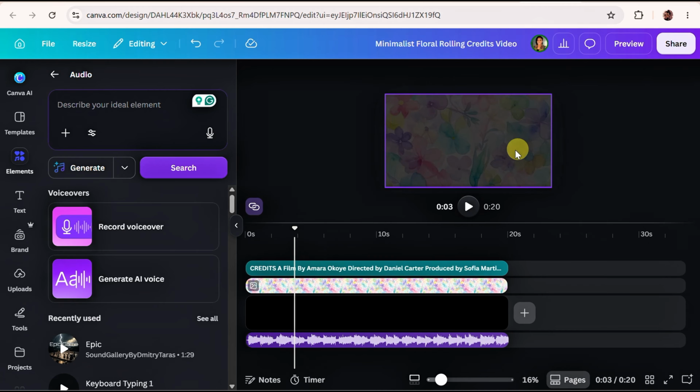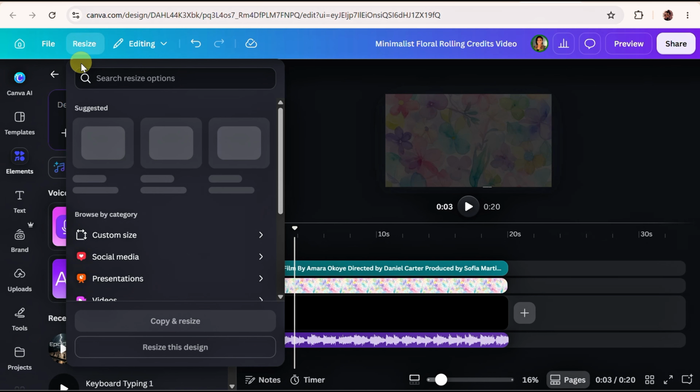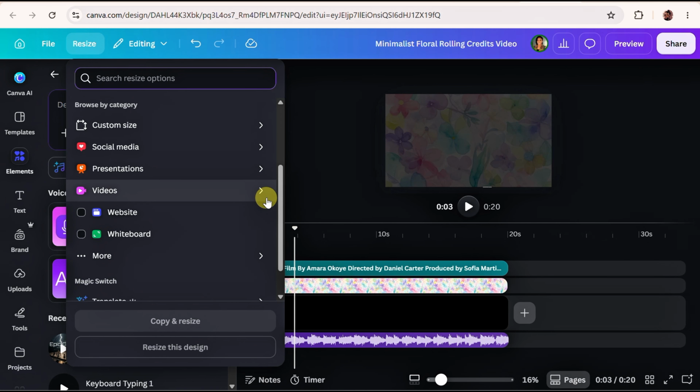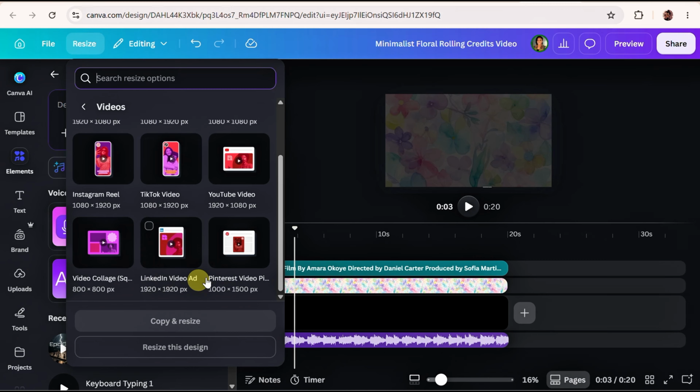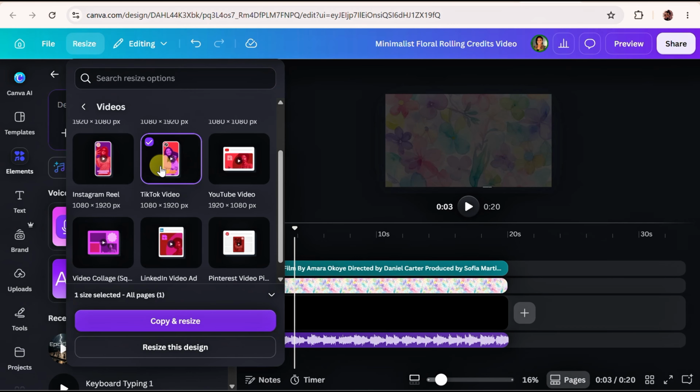If you don't want this in landscape and you want it in portrait, you can also click on resize here. Let's go to videos, and you see all the options of video we can choose from. You have this Instagram reel, TikTok video, and if we choose TikTok video, you can copy and resize this design